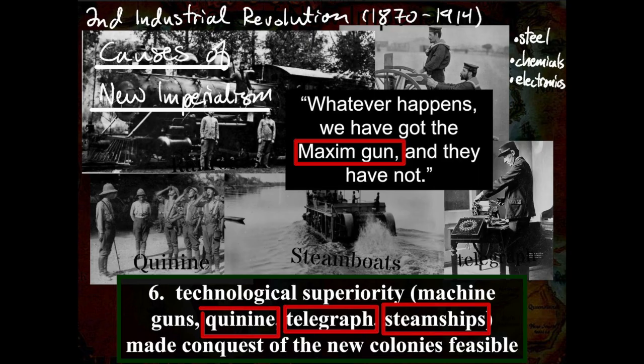Remember that the second industrial revolution was from 1870 to 1914, where we see more of a focus on steel and chemicals and electronics. So some of the technology that comes out of the Industrial Revolution includes quinine, which was originally discovered in the New World. It helps with the symptoms of malaria and yellow fever, so that's one push factor that's taken out of the equation. The steam engine is going to allow boats to go upriver into the interior of Africa, so transportation that's going to help.